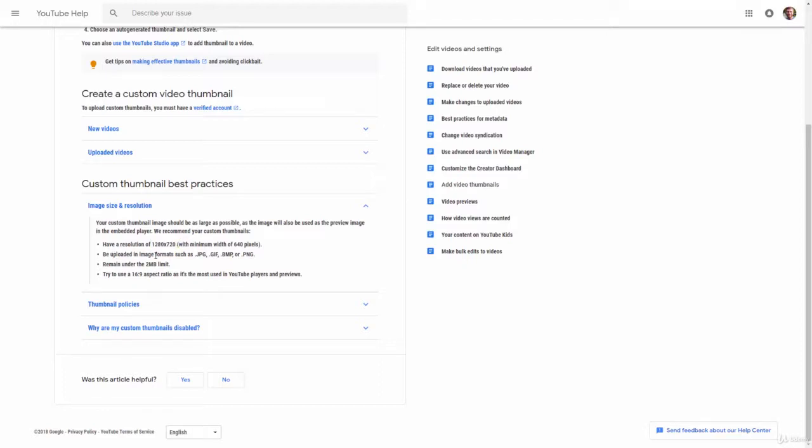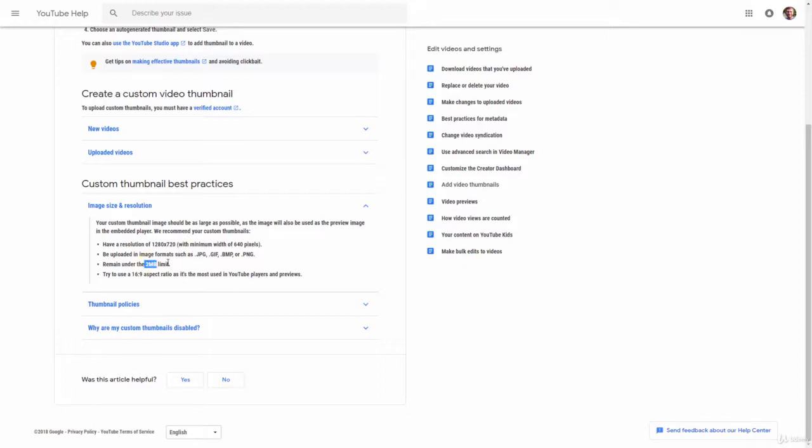And then it says it can be uploaded in JPG, GIF, BMP, and PNG. Now, YouTube is big enough where it can really handle any of these okay. Some are used for different purposes than others. PNGs have transparent backgrounds, but we're not going to be dealing with transparent backgrounds. BMP are uncompressed files, but we're actually going to save it out as a JPG file. The JPG file is a compressed file, and it's going to keep the image looking really nicely, but it's going to help reduce the file size limit also. So we're going to use the recommended resolution, and we're going to pick the JPG compressed file size, try to keep it under the 2 megabyte limit,